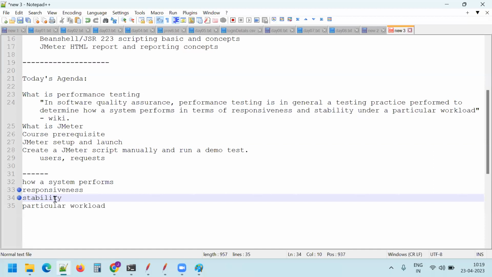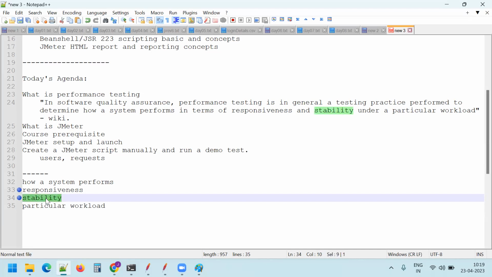It's down for some time and then it's back. And then it's quite responsive though. So responsive is not a problem. It's responding well, but it's down in between. It's fluctuating in between. So those behaviors should also not be acceptable. And to monitor those behaviors, we do performance testing and we call it stability,